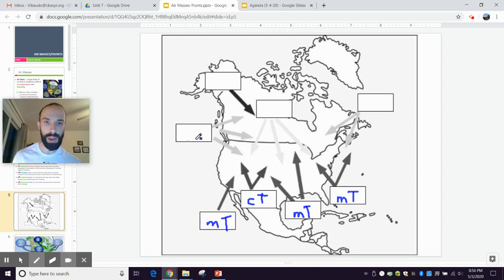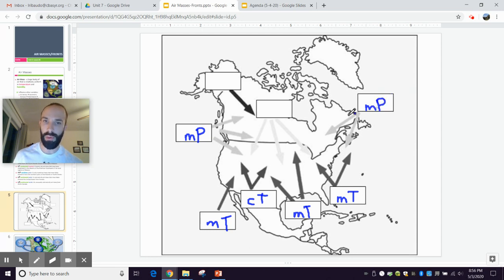Okay, this one up here. This one is a little bit further north. As you can see, it's kind of off the coast of Canada and Washington State over there in the northwest. That's what we call a maritime polar, okay, because it's originating over the water, but it's colder, so that's the P for polar. This one over here is also maritime polar, so MP, and that's referring to, again, over water,